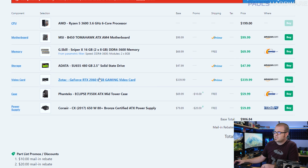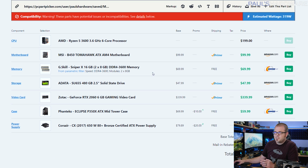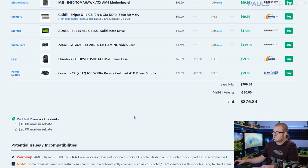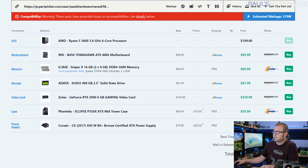And then when it comes to graphics cards, I'm using NVIDIA graphics cards for both of these builds. But definitely keep your eye on the new Navi-based cards that are also launching on Sunday, the RX 5700 and RX 5700 XT. And we have the rest of the parts here. I'm going to go over these one at a time, but there's the full list for you,